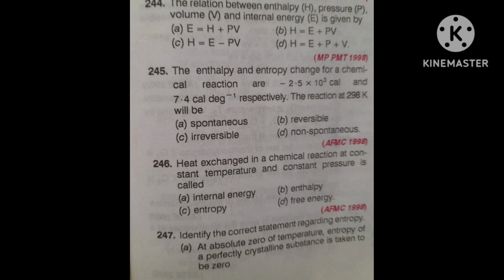To solve this problem, you have to remember the relation. Delta G is equal to delta H minus T into delta S. And here delta H value is given, minus 2.5 into 10 to the power 3, minus T into delta S. Correct? Then here delta S value is given as 7.4